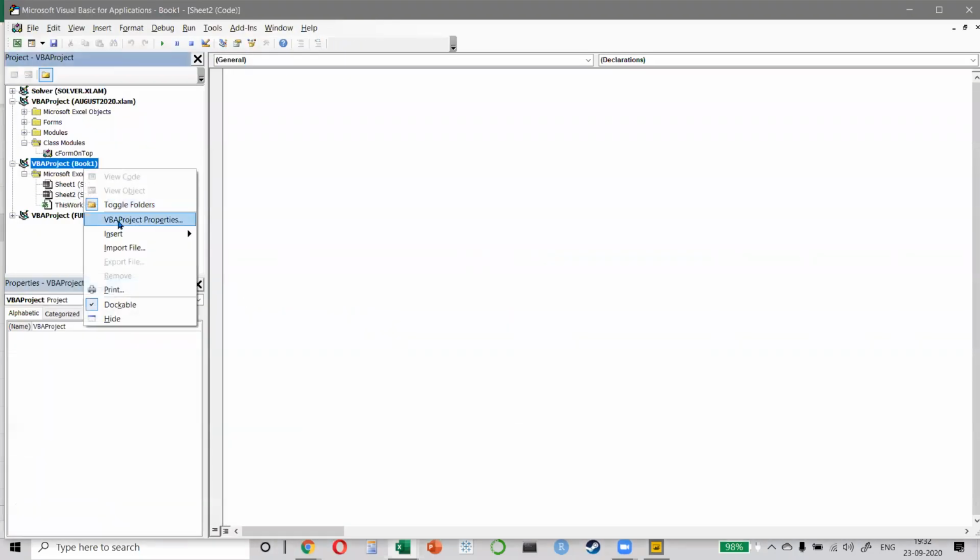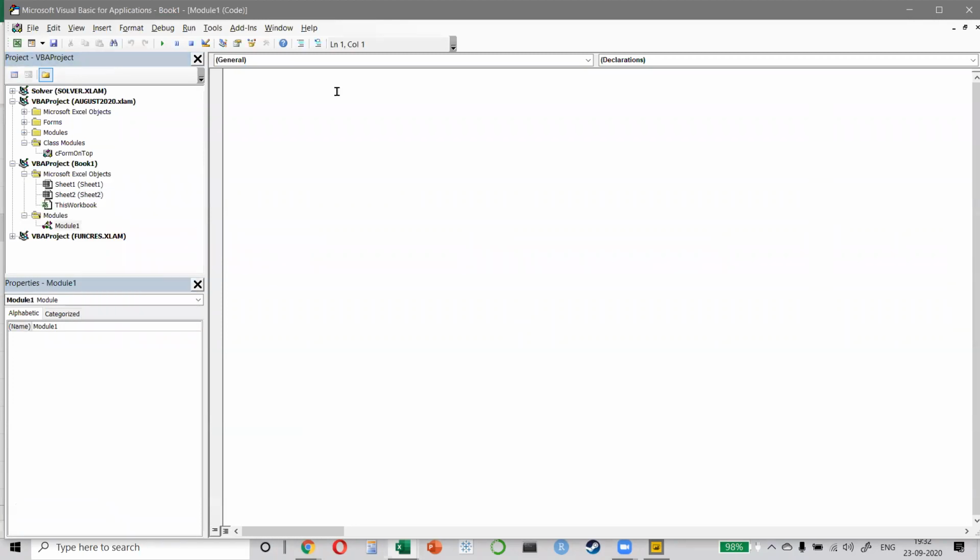I will insert a module, and in this I will write sub. I want to call it YOY change because that's what I need to find. And this is not a procedure, this is a function, right? Because I want this to become a function in my Excel file. So I'll say function YOY change, and I will say that LY as variant and CY as variant. Variant is just a type of data, like you have integer, number, date, time, text. Similarly, I have a variant.